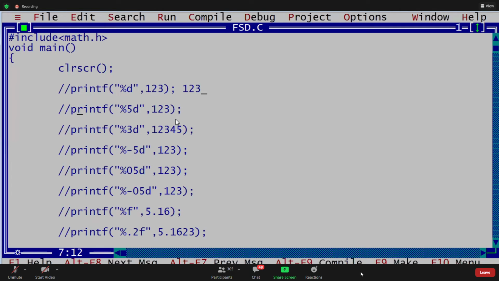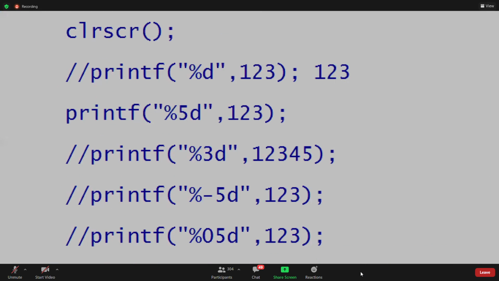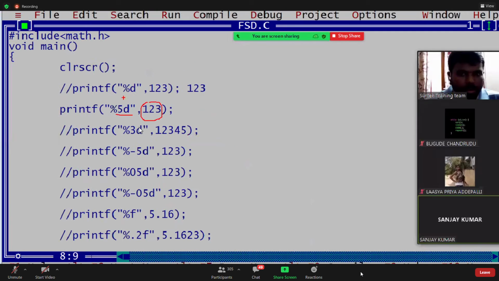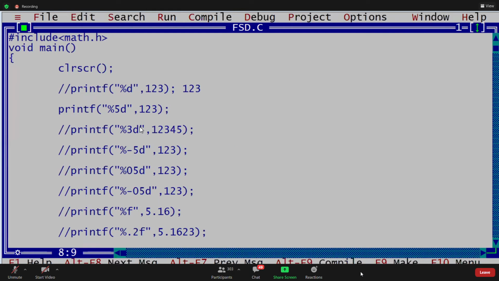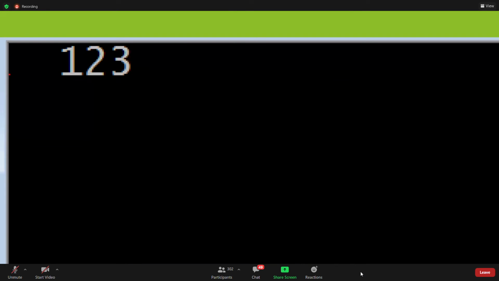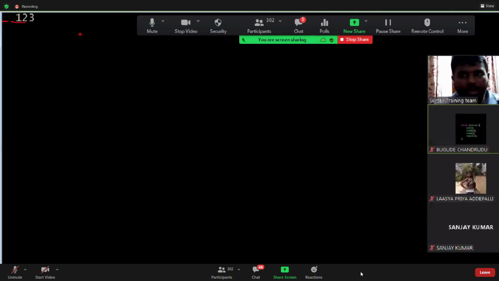Yeah. Next one is what, guys? Percent 5d. 5 spaces and 123? No, not 5 spaces. 1, 2, 3 and 2 spaces. 5 represents that 5 digits have to print. Minimum 5 digits. Remember, minimum 5 digits have to print. Float, no, sir. It is 5 digits. 0, 0, 1, 2, 3? No. There is no 5 digits, no. Spaces, 1, 2, 3. Only 3 digits are there. Remaining 2 digits, it adds spaces. It adds the spaces. Where is it adding spaces, guys, you can check it. At last? No, front. Yes, sir. It adds the forward spaces, right?